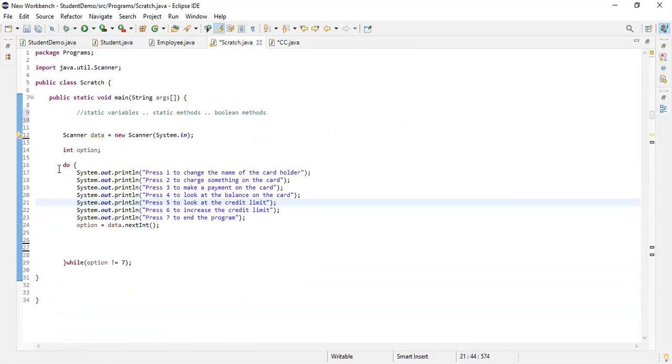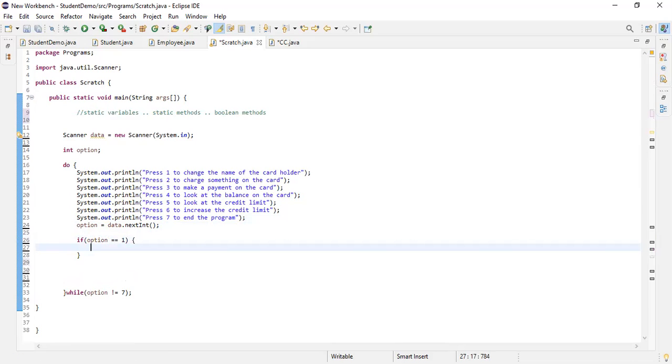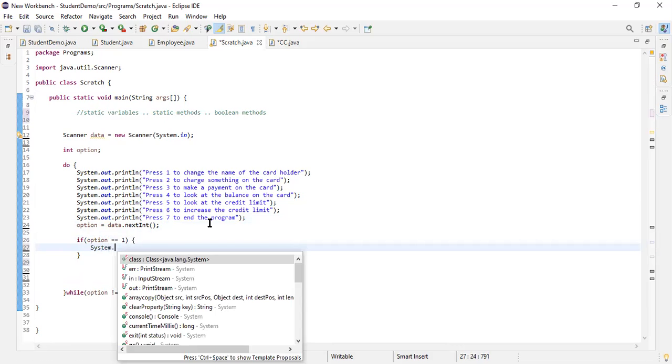Now we're in Scratch. We have a do while loop, which essentially says that until the option equals 7, don't end the program. So for this one here, we could use a switch statement, but I'm just going to use an if statement. So if the option is equal to 1, then we're going to change the name of the card holder. What that involves